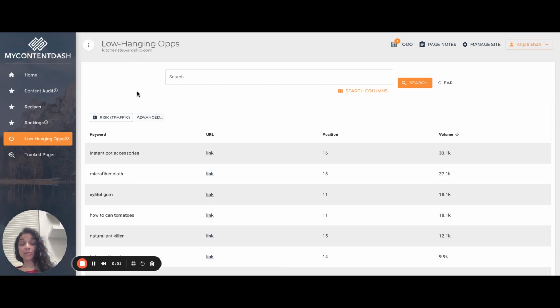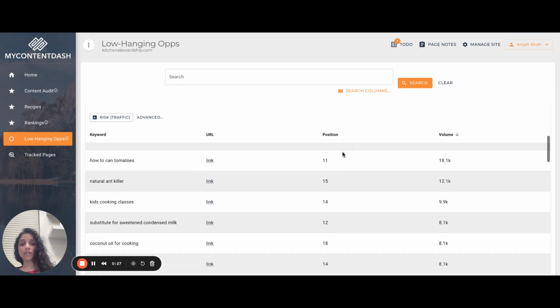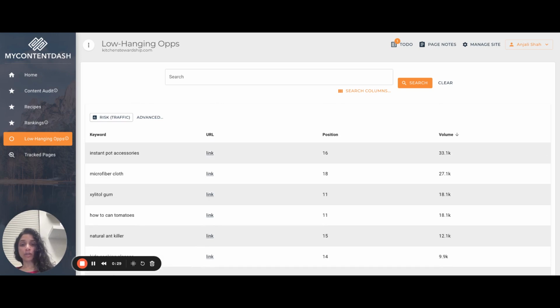So one other thing I wanted to show you is the low-hanging ops tab, which is essentially a list of all of the low-hanging fruit keywords that you could potentially go after to increase your traffic for your site. This is a great place to start when you're trying to figure out which posts to update. Essentially what you have here is a list of keywords and the URL that keyword ranks for. If you click on this, it'll open the post in a new tab, and the position that the keyword is